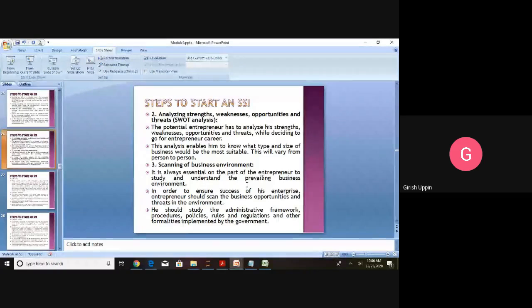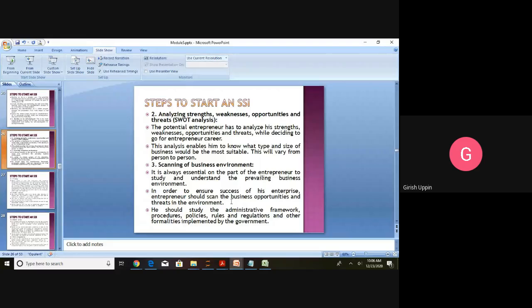available, and whether the entrepreneur's idea of a product will suit that particular business environment. That has to be scanned, meaning analyzed.